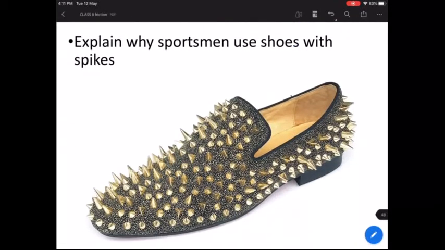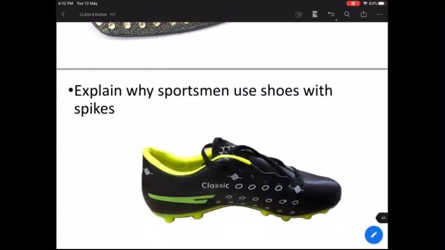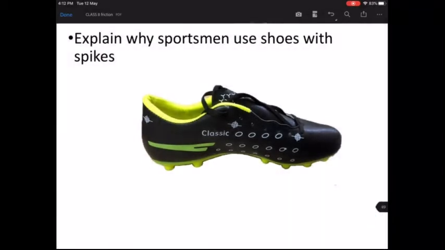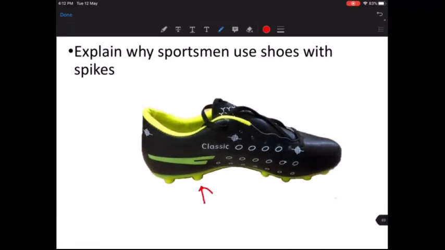Okay. Next is, explain why sportsmen use shoes with spikes. So am I talking about these kinds of spikes that the sportsmen use? Absolutely not. What kind of spikes am I talking about? I'm talking about these kinds of spikes. Have you seen when they play hockey, they have spikes at the bottom of their shoes, which look something like these spikes that you see here. Okay, these are the spikes. So why do they use